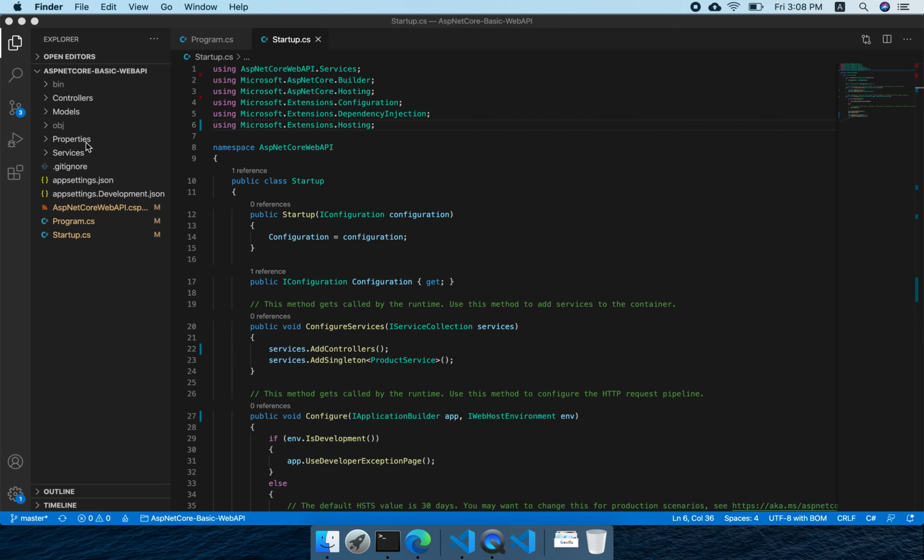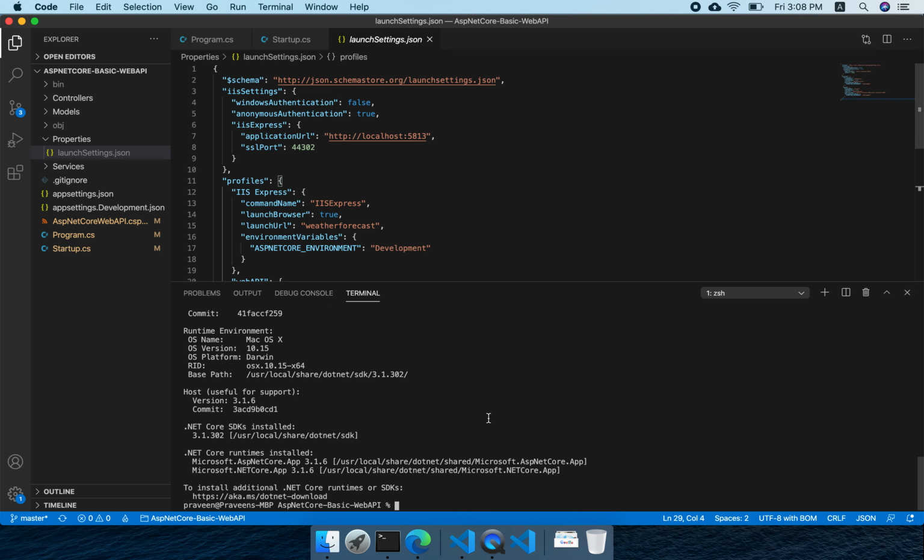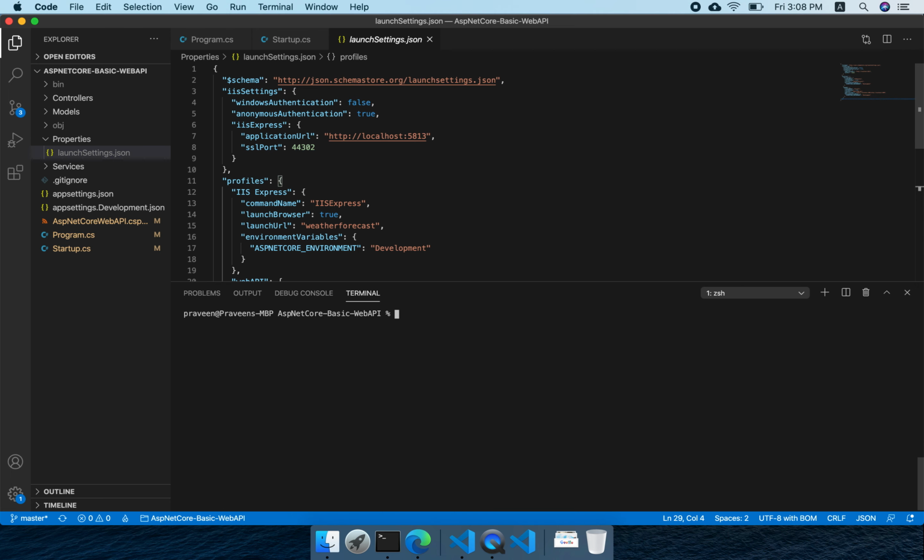Basically, in these settings we have the launch settings, how we have to run it. Without this you cannot see whether the project is running or not. If we give the launch settings, it will use them. Okay, dotnet run.